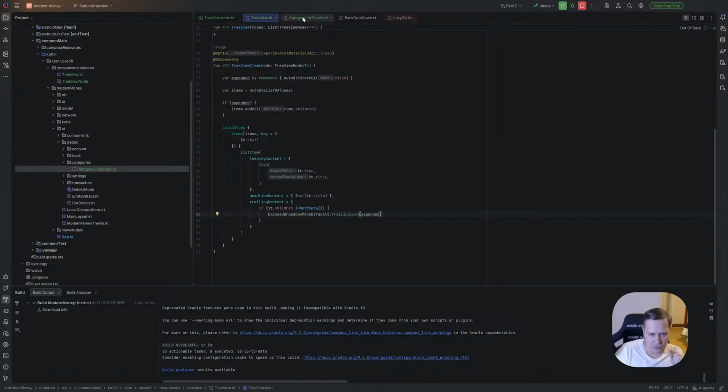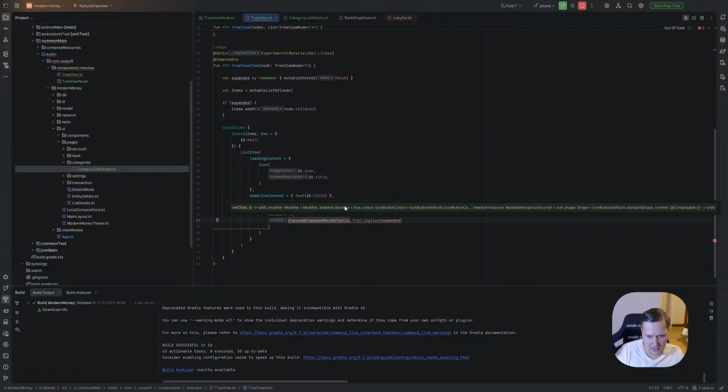But we need to trailing icon. Yeah, we have this. It's trailing icon. Yeah, we need icon button. And we need what we have on click.